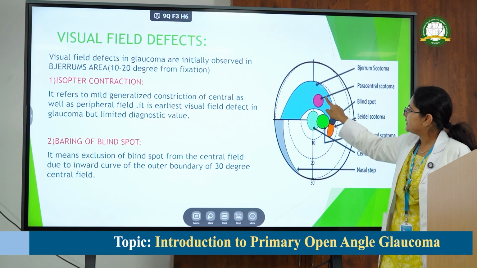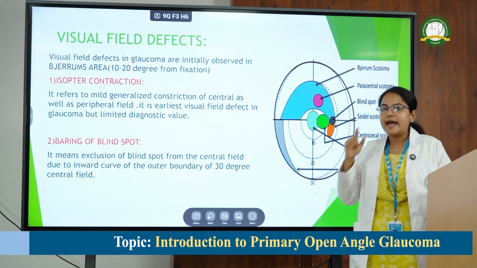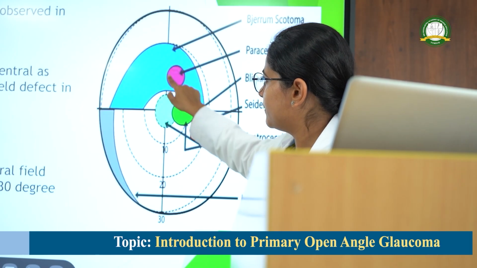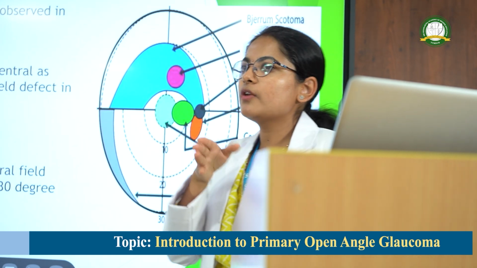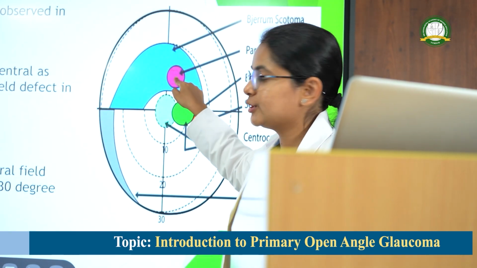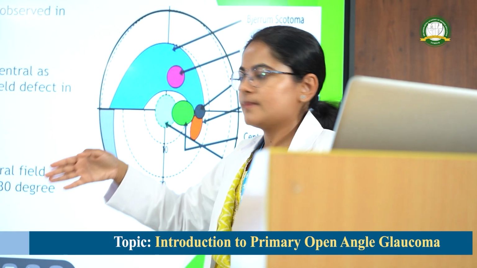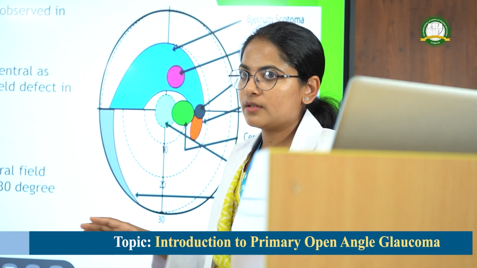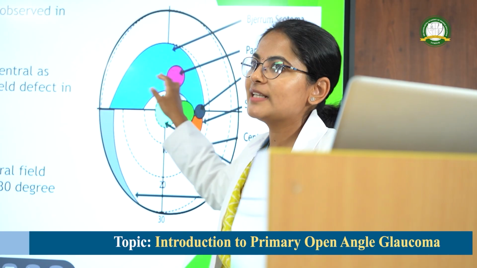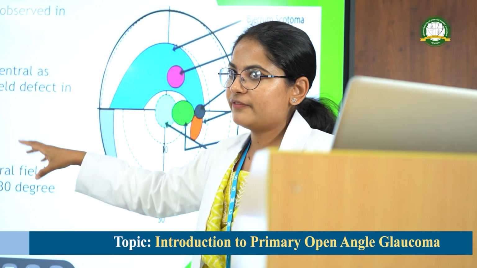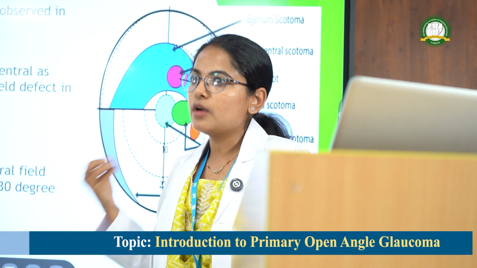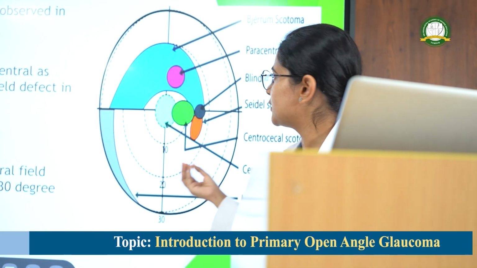Now what is the blind spot? The blind spot is the presence of the optic nerve but absence of retinal tissue. There is no glial tissue. It is a hollow space. So there is no photoreceptor. So it causes a physiological scotoma in the visual field. But you will not be able to appreciate that scotoma. That is called physiological scotoma or negative scotoma.